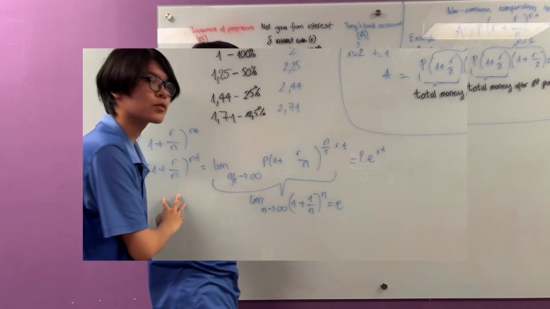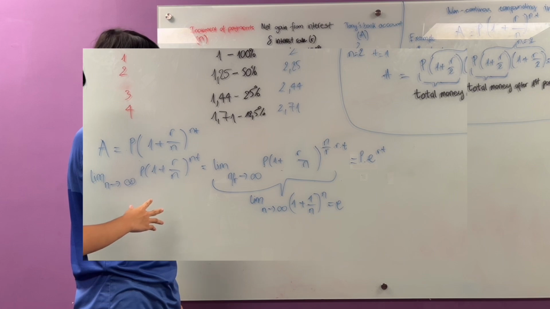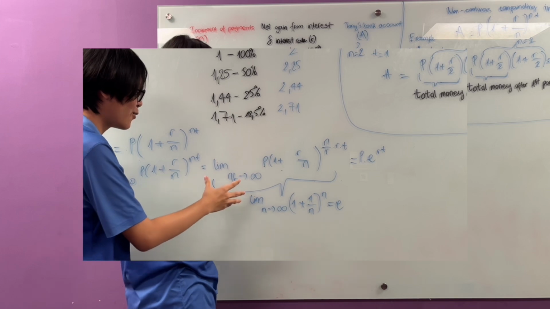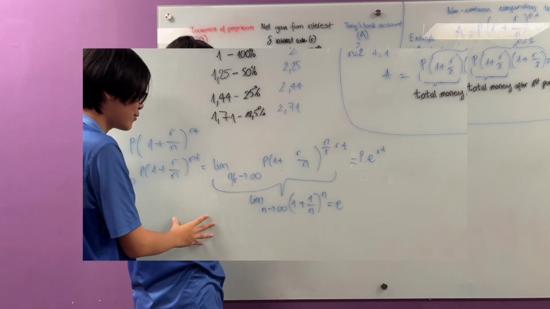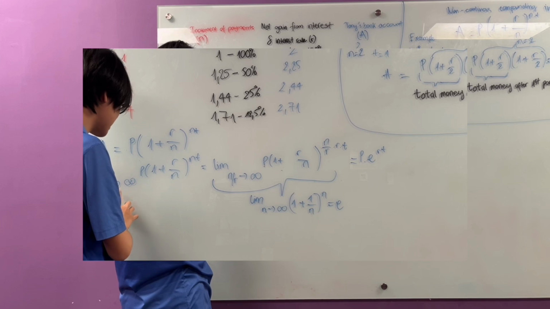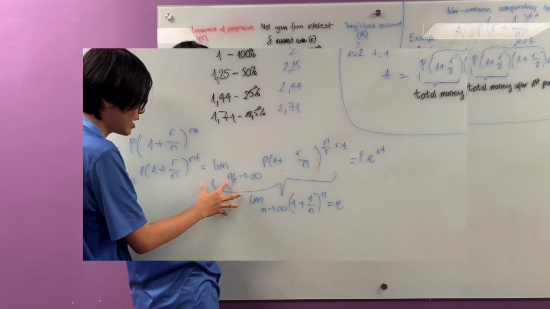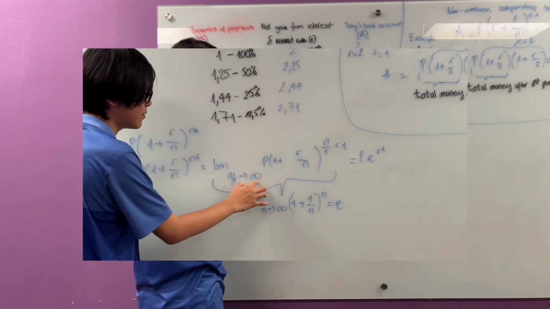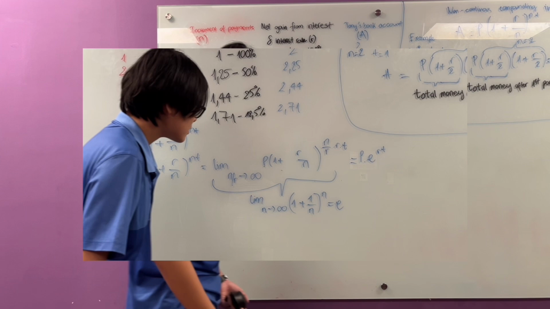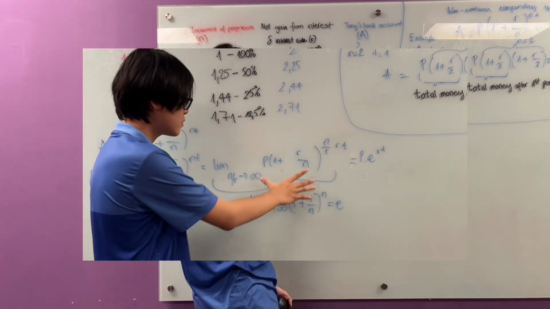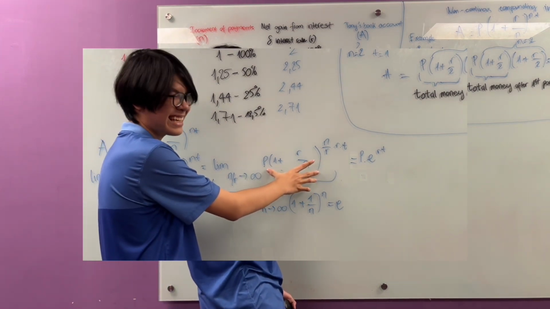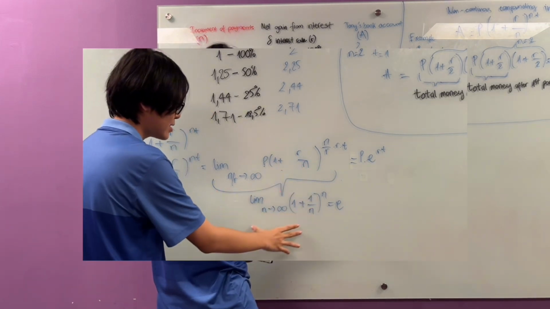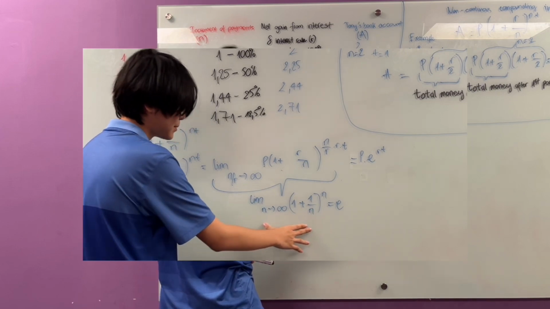Now, because we're dealing with a real-world problem here, R is most definitely, I assure you, always going to be larger than 0. Therefore, the limit as N approaches infinity will be equal to the limit as N over R approaches infinity, and the equation will turn to this form. Now, as you can see, this is kind of familiar, isn't it? Well, that's because this is the definition of the Euler number